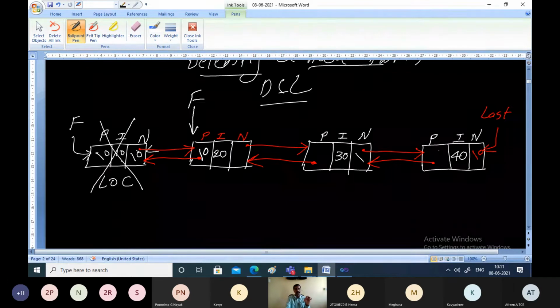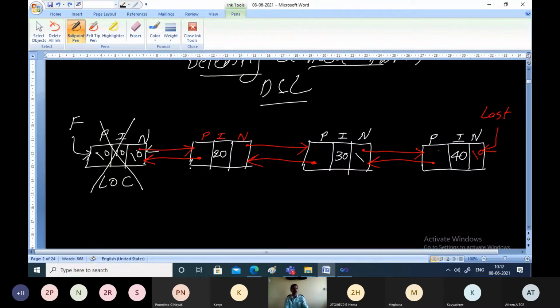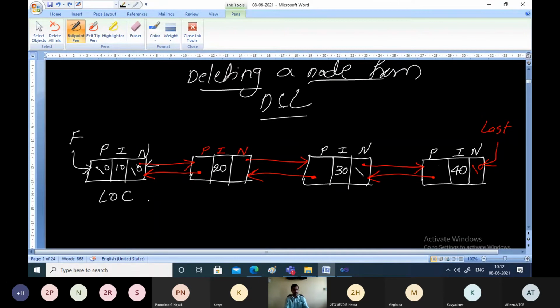The previous node we have deleted, and when you delete this node, this becomes the first node of the linked list. So that is the logic when you delete. Later with the code I will explain it. If you want to delete the first node, just take the first pointer to the next node and make the previous field of the next node null. Then it will get deleted automatically. So that is the procedure to delete the first node of the linked list.